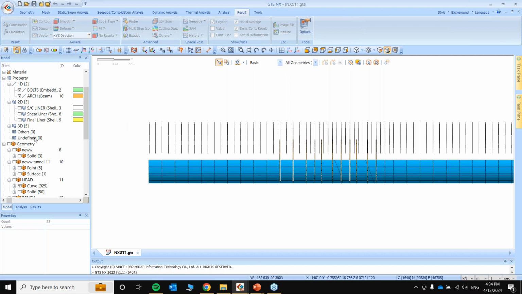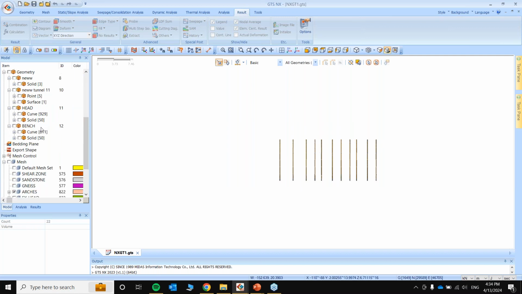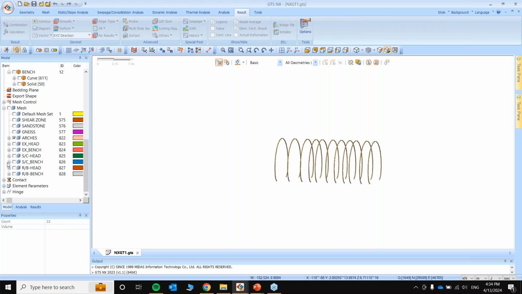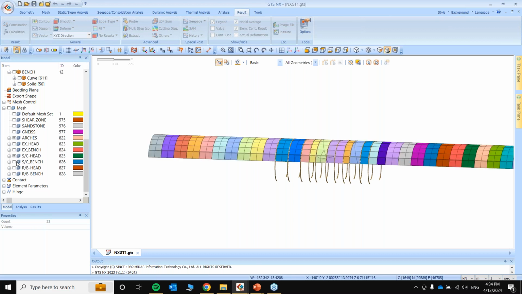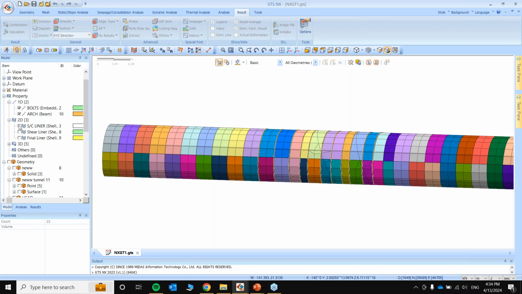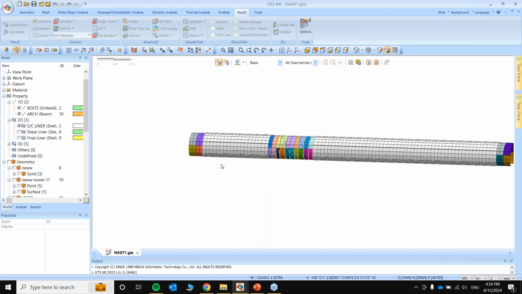Now, in terms of liners, as I mentioned, we had one final liner and the shotcrete liner, and also I had mentioned that we had extra reinforcements. So extra reinforcement along with the arches also goes for the thicker shotcrete in this part. So if I just activate the shotcrete mesh in here and I show the properties of the liners, you will see this is your average 250 liner